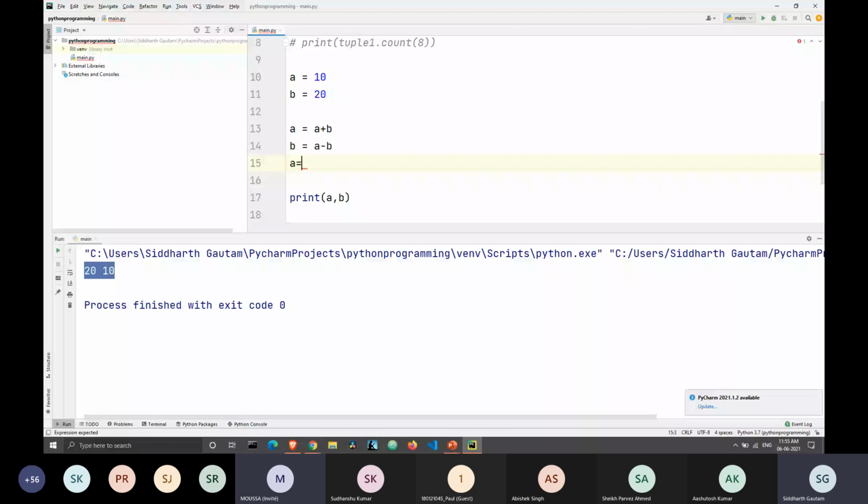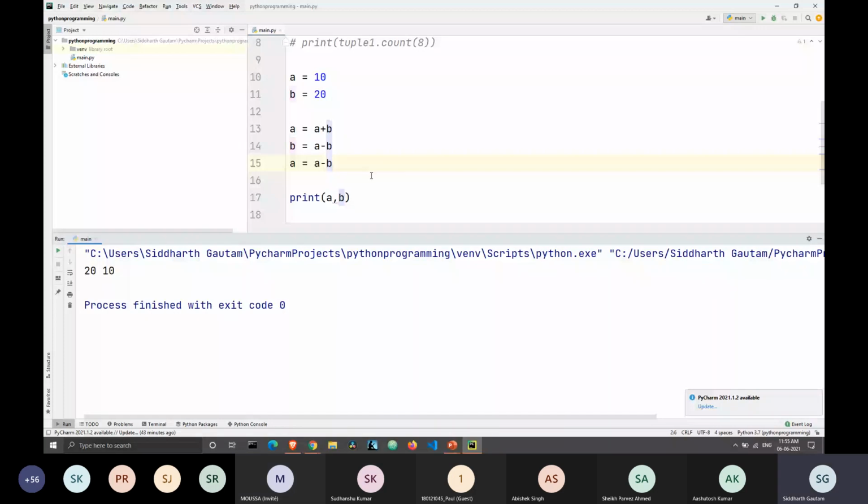All right, let's take a look. We get 20 and 10. Yep, this works. You're right. We can do this because the output is correct. But this one works only for numerical values. Yep, that's true, since you're adding and subtracting.